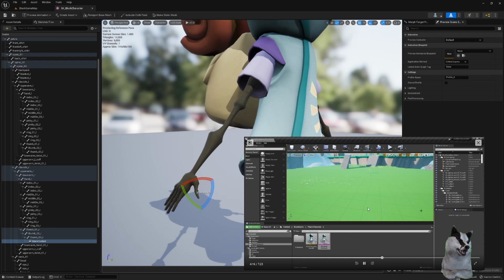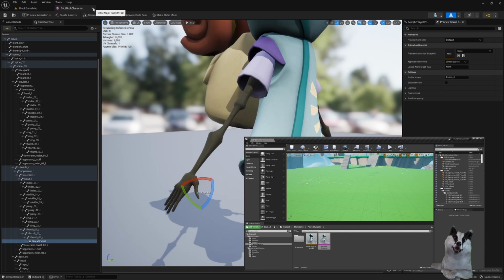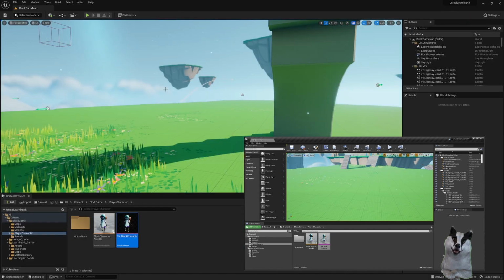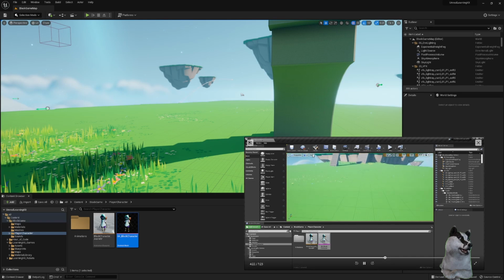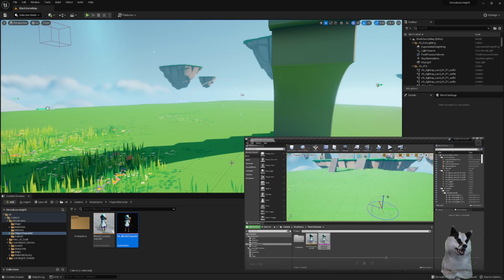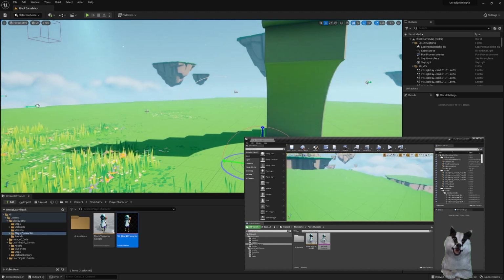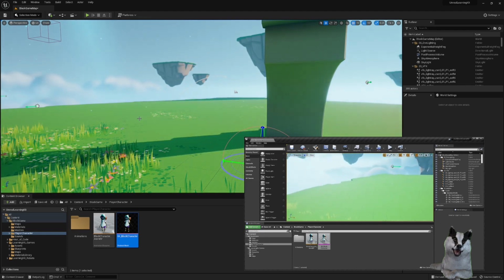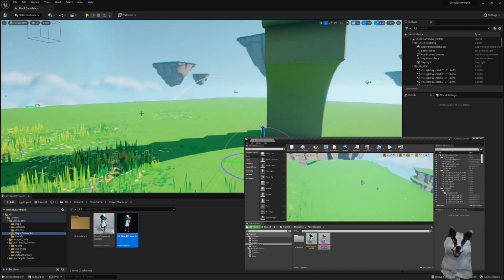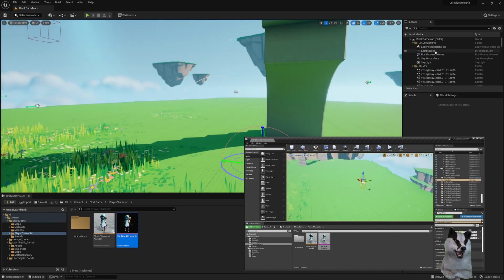Close the SK block character. The level template includes a directional light called light source that we can customize by pressing Ctrl L and moving the mouse around. Set the lighting up to your liking. I'm going to leave it set to a fairly bright daytime scene. Also observe that there's a player start in the level right there, and we'll leave that right where it was